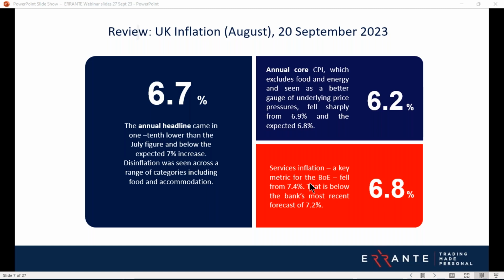Also interesting to note that one of the MPC members, John Cunliffe, who voted for a hike, is leaving the MPC, and markets are slightly unsure whether his successor, Sarah Breeden, will vote the same way. Many, I think, have speculated that she won't want to rock the boat too much and will go with consensus, which means a pause at that November meeting. We shall see.